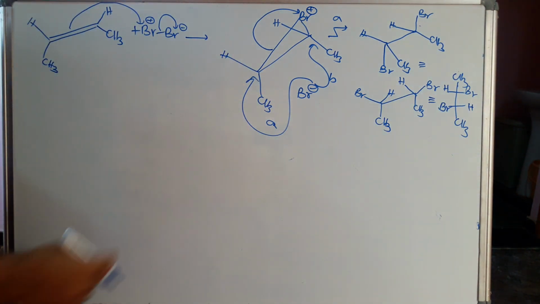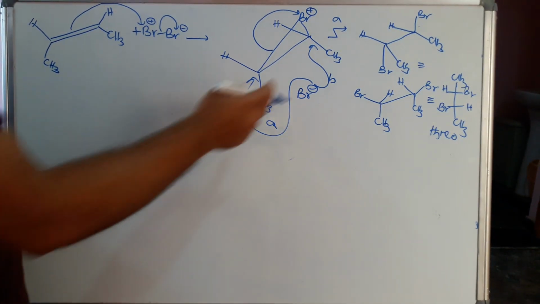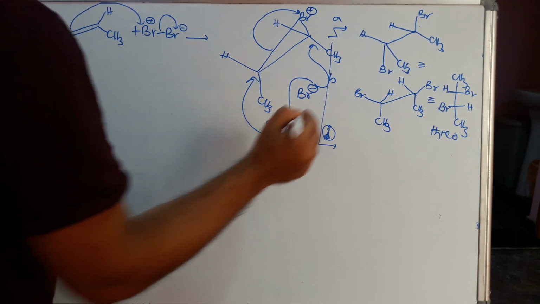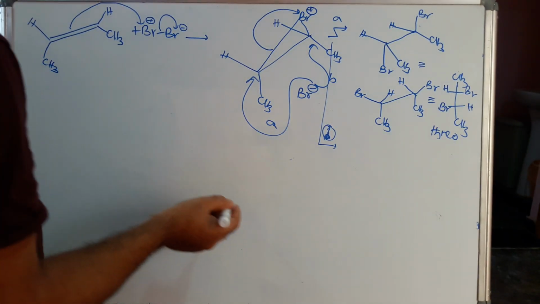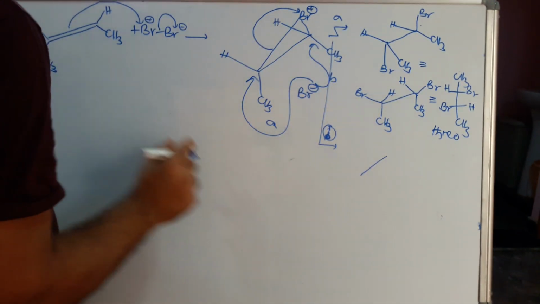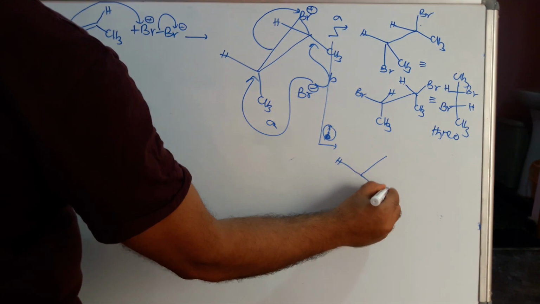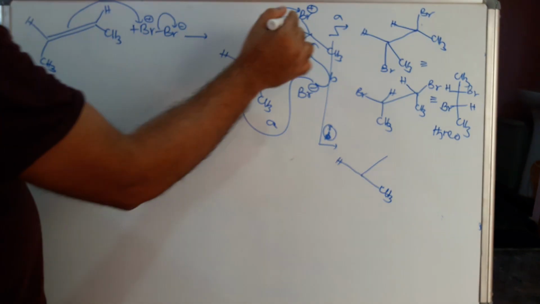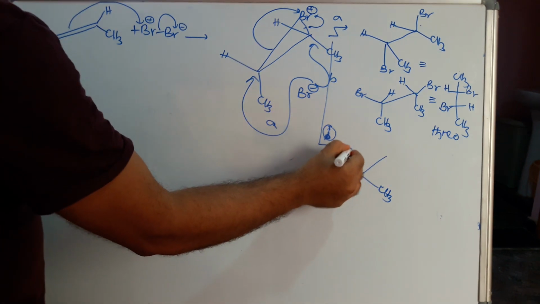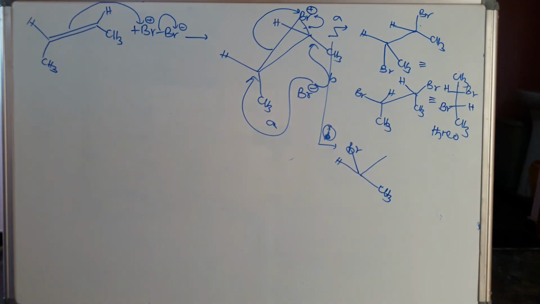Two similar groups on opposite sides, then that is called threo. Threo form. If you take path B, then what will happen? We will get the same threo product or erythro product. Just we will observe. When in path B bromine attacks, this is the inclined line, here will be the hydrogen, here will be the CH3. Then this bond breaks, this bond break means this bromine will take up here. This bromine will be up.